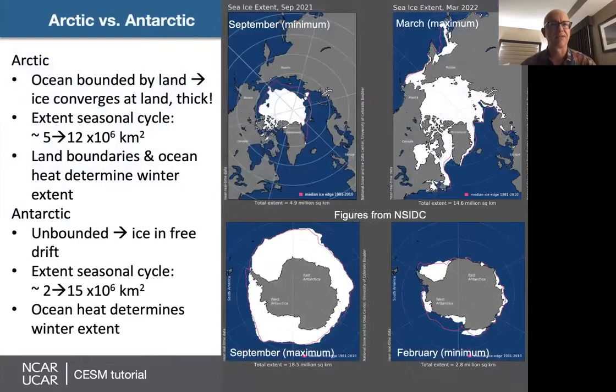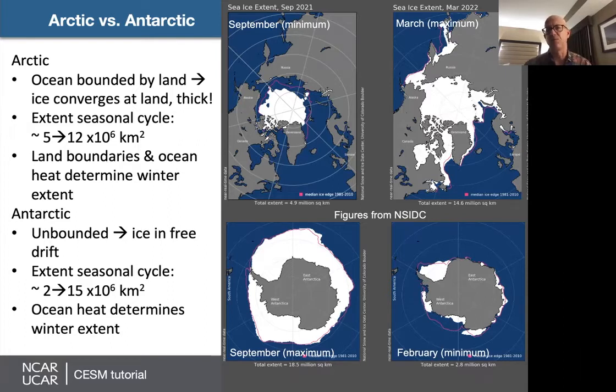But first, I guess I'll motivate it by showing you some differences between the hemispheres. And I wish this was more of a Q&A because I would love to throw this out here and let you tell me what differences you see. But instead, I guess I'll just tell you straight up. The one thing to notice first is that the Arctic Ocean is an ocean bounded by land almost all the way around, whereas the Southern Ocean is ocean surrounding a big continent, a big ice mountain. And so what that